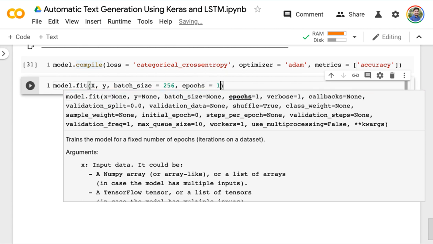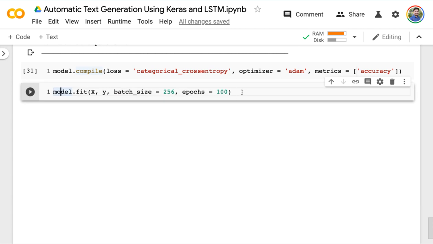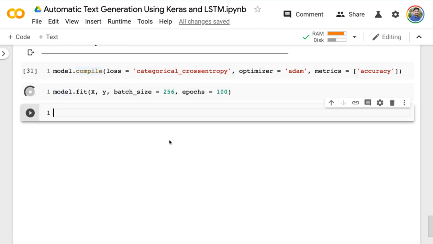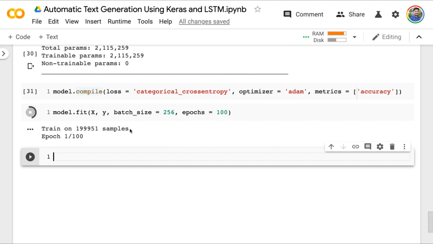Epochs, I'm going to train it for 100 epochs. Before I start it, let's go ahead and start this, and then I'll tell you. The first thing, it is going to take a lot of time. On Google Colab it might take around an hour to complete this training. And the second thing,